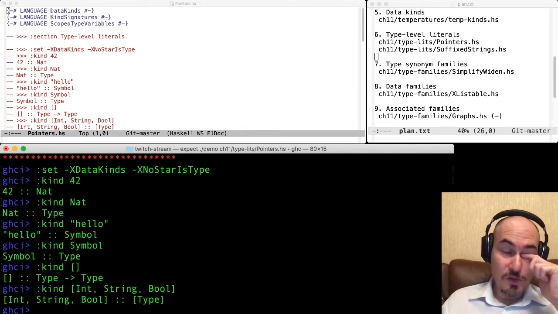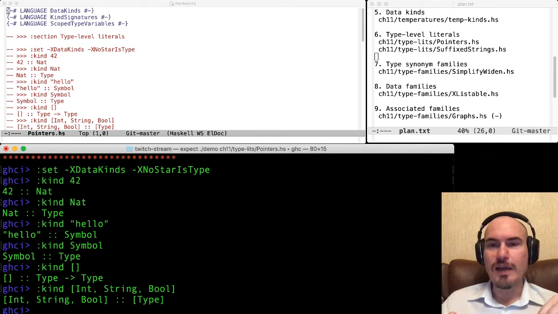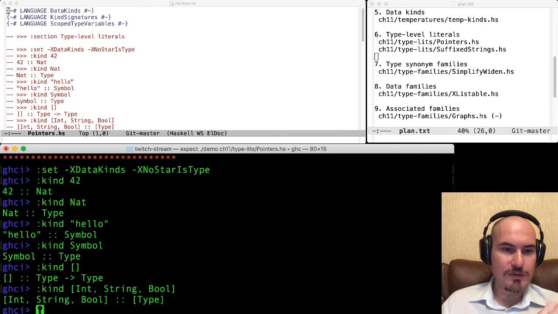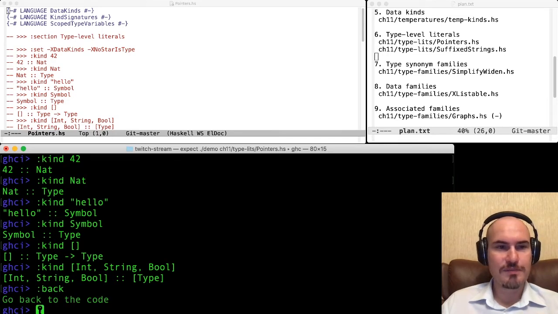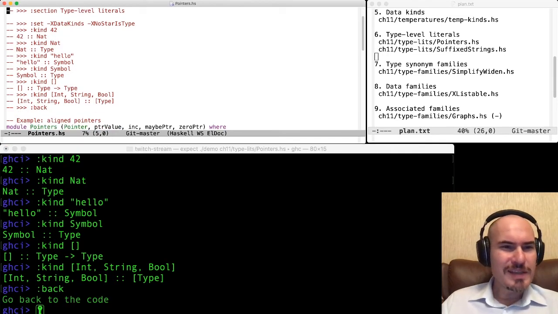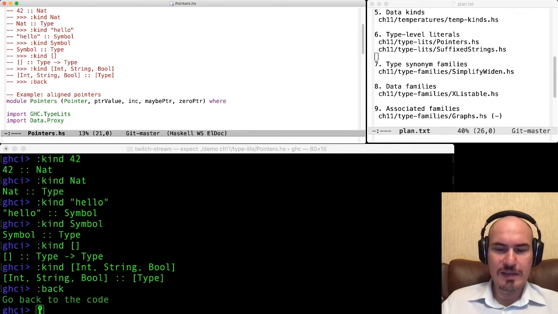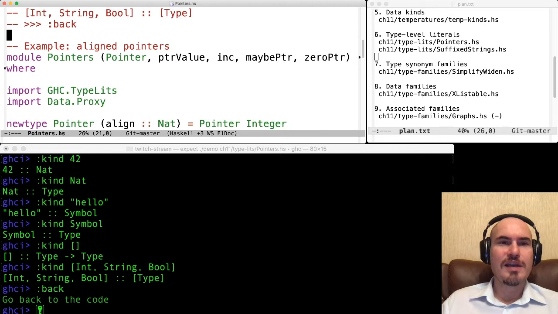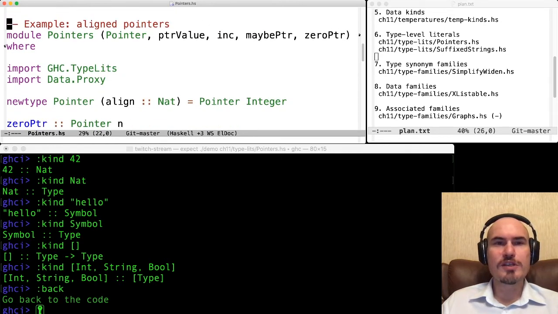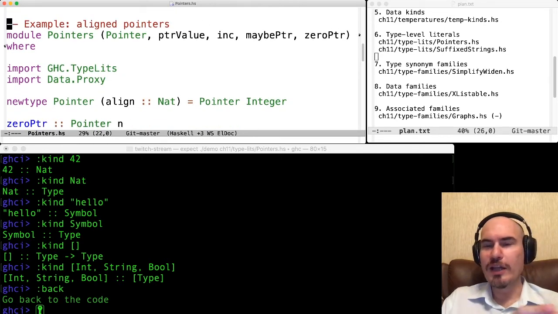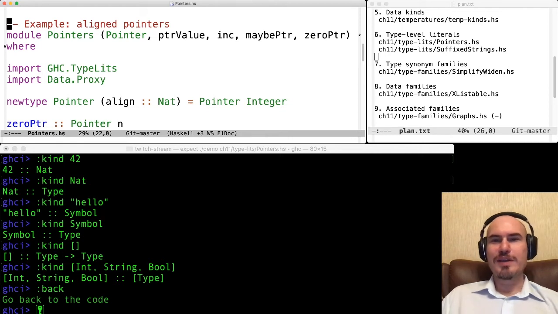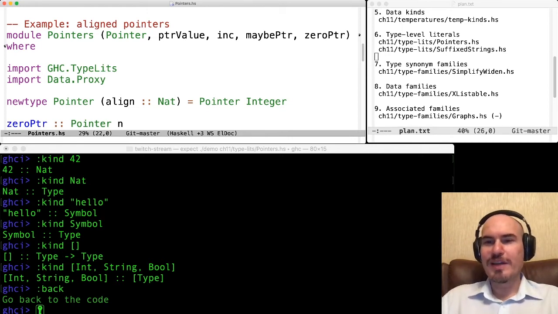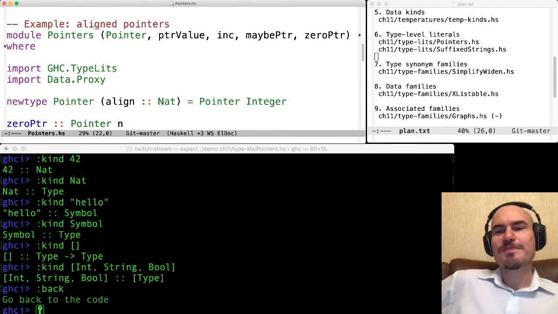So now we can use all this stuff to control almost everything at the level of types. For example, we can control something like this. This is a classical example, and I like it very much because it brings Haskell to some low-level programming, where we can program something about operating systems and stuff like that.